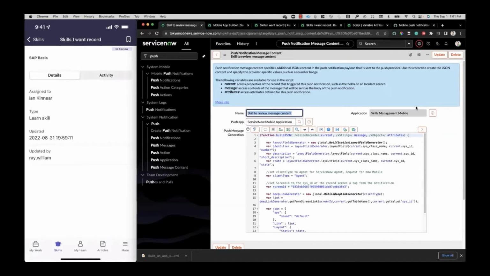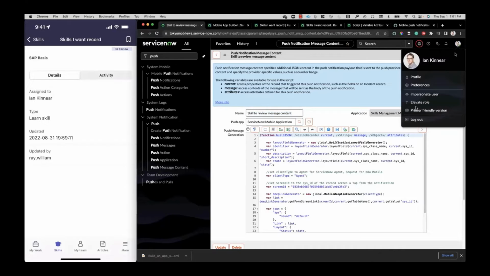Okay, now the next thing we need to do before we do a test within the app is we need to make a conscious decision as to would we like users to have to opt in to this particular push notification, or do we want them to receive it by default? What I mean by opting in is if we look at our platform view and open up our profile and preferences from here,